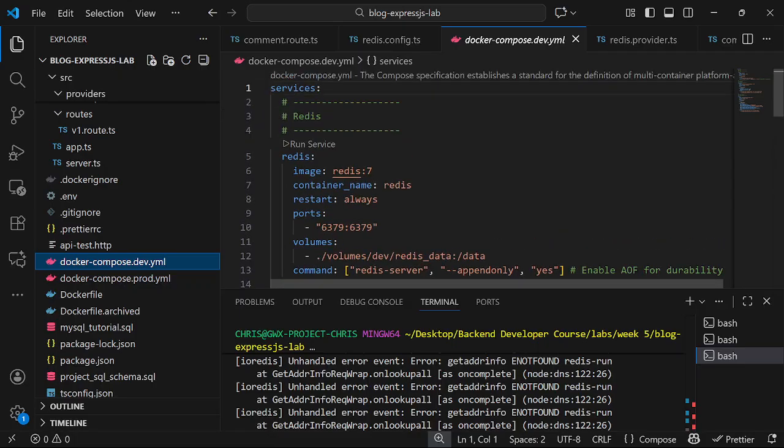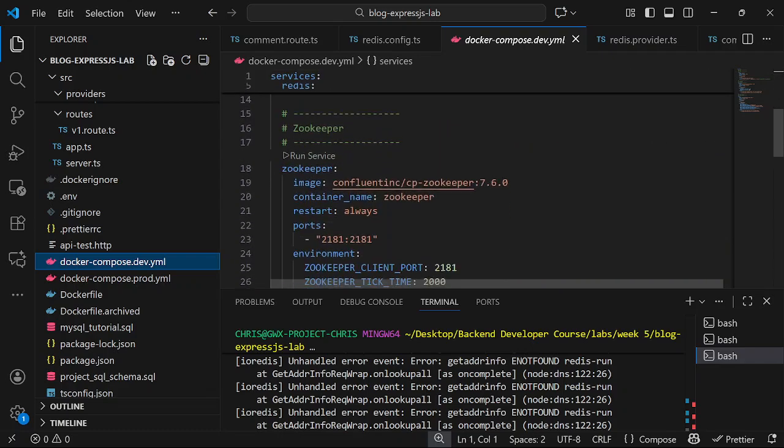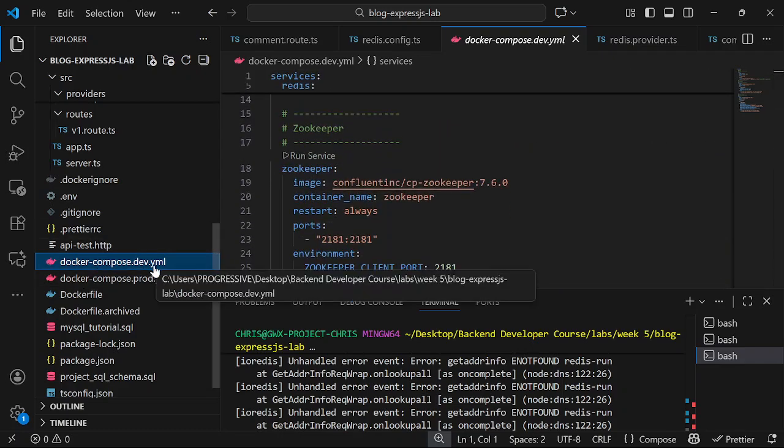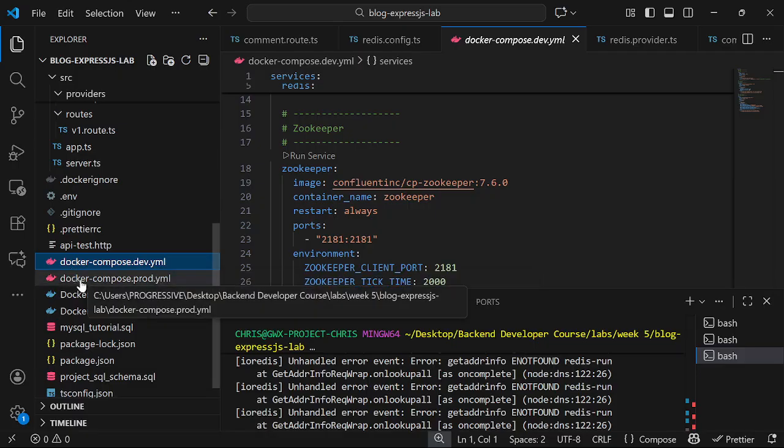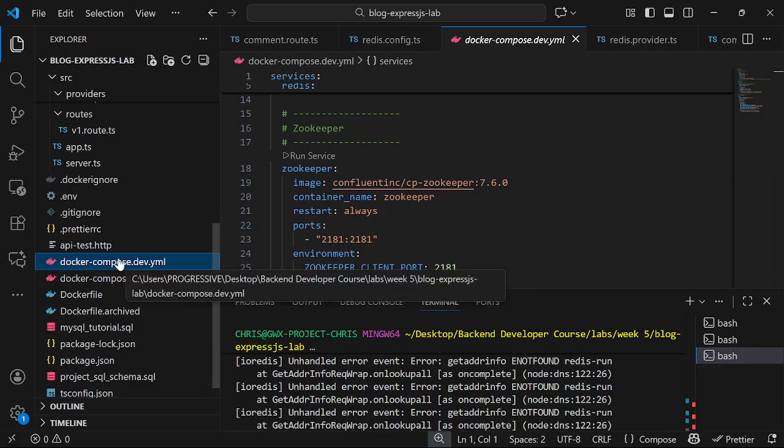We did not dockerize the application in this dev one. We did not dockerize it. And how do you know the file here? How do you know it's a Docker Compose file? A Docker Compose file usually has the extension .yml, or .yaml. You can give it any name, but the convention is you name it docker-compose